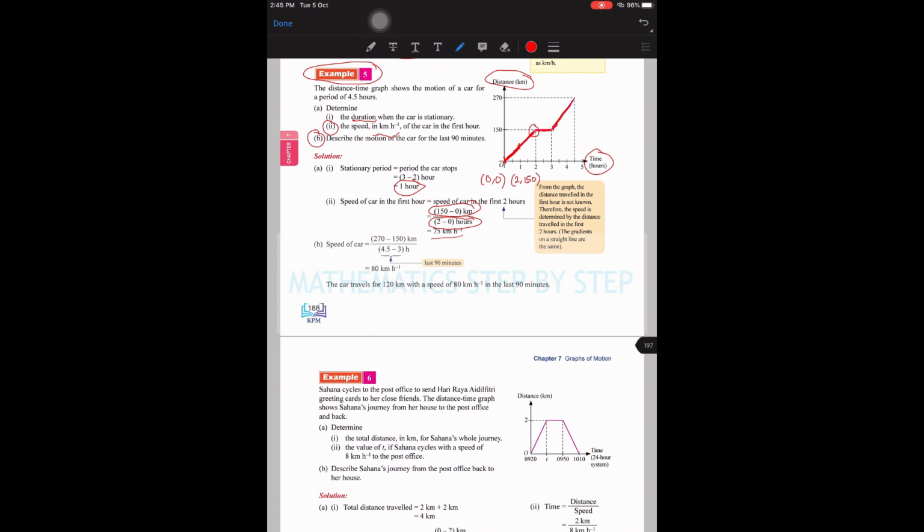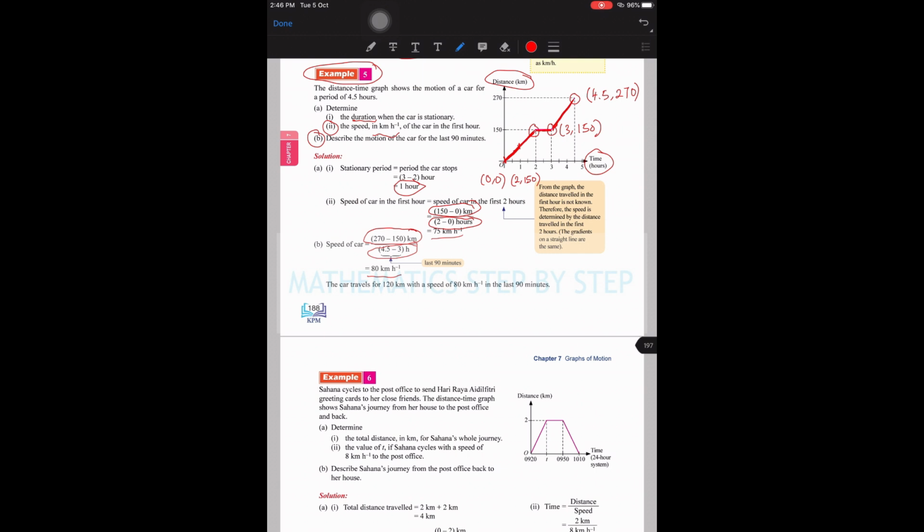So first of all, we'll find the speed. In order to find the speed, we'll need to find the gradient of the graph. So again, we can get 2 points, this point and this point, which is 4.5, 270. Another point is 3, 150, okay? So we find the gradient: 270 minus 150 divided by 4.5 minus 3 hours, which is 80 km per hour,